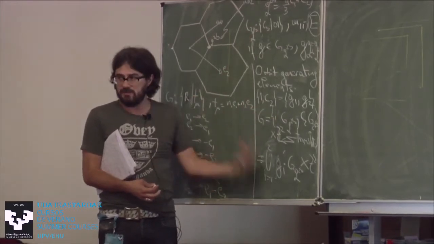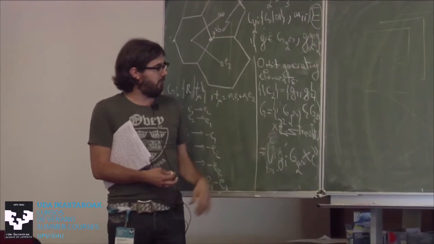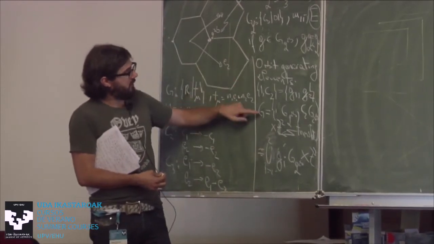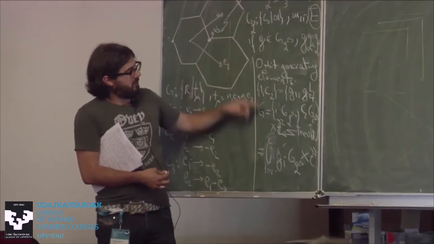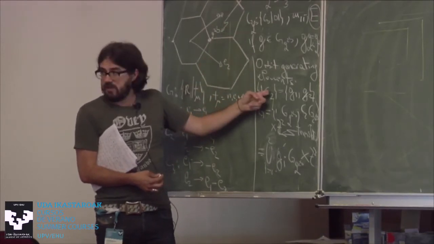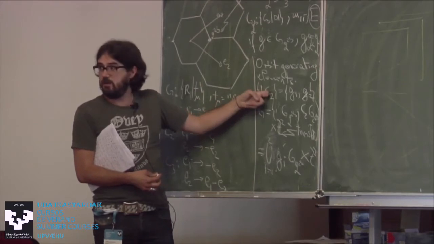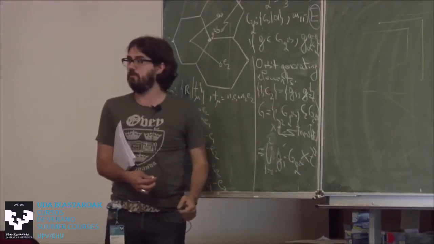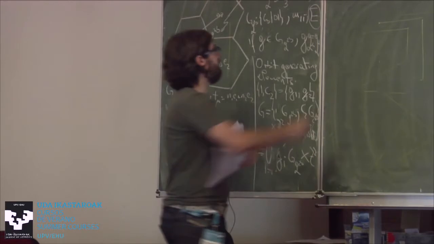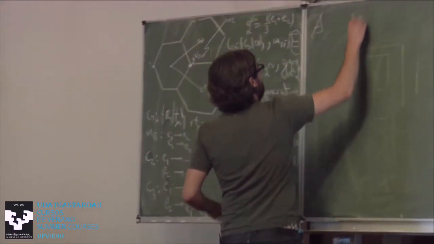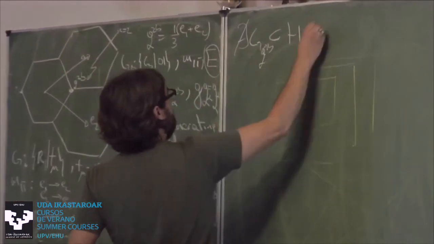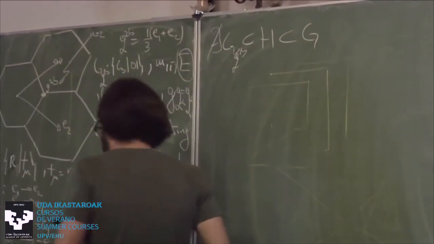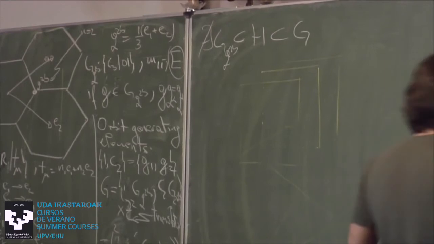There's no way I can build a subgroup of this group that contains the site symmetry group, because if I built it, it would have to contain C2. But once I add C2, it's the whole group. So this proves that there is no other group H such that G_2b, which is C3v, is included in H, is included in G. Okay, so this is a maximal Wyckoff position.